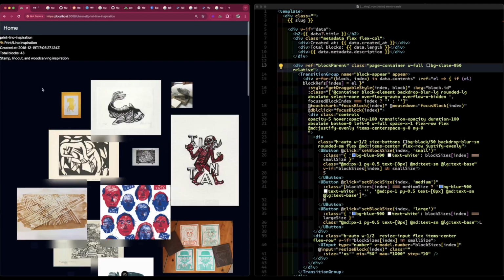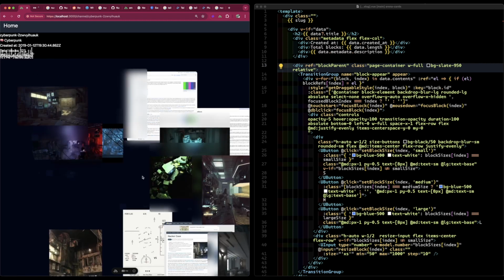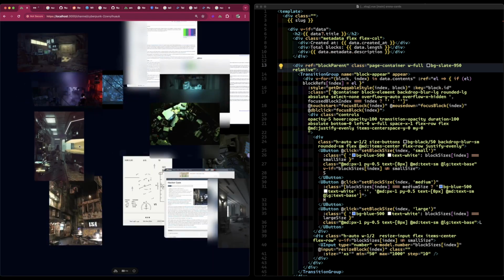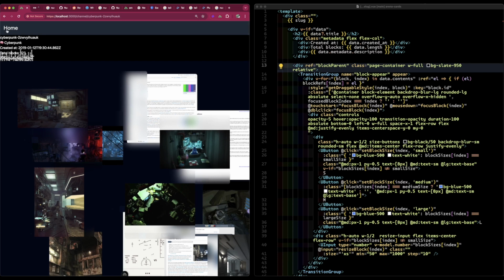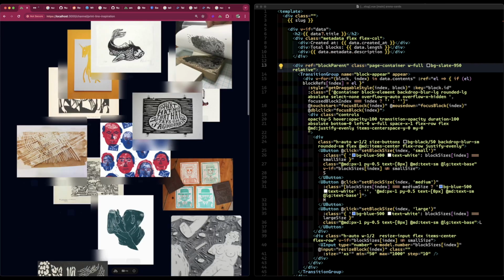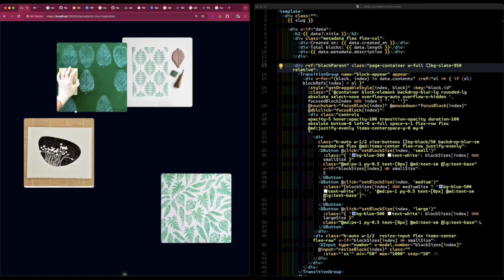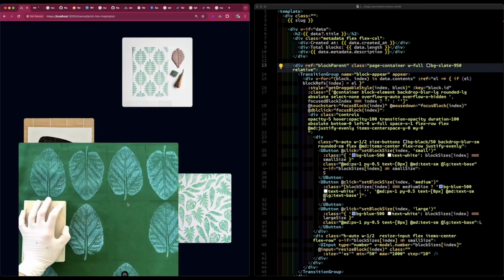It's pretty cool. So we can get a list of all of the channels that I have, and then if you click in, you can see all of the blocks in that channel, and we actually store their positions. So if I go back to my Lino inspiration, it actually stays in the position that I left it, which I think is pretty cool. I think they lost their sizes. But